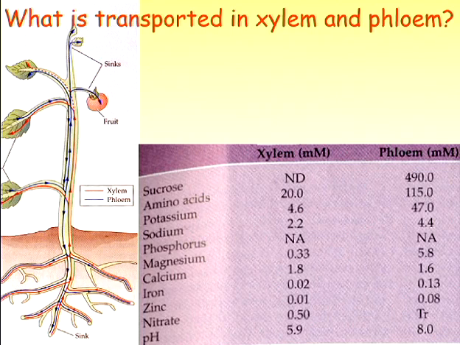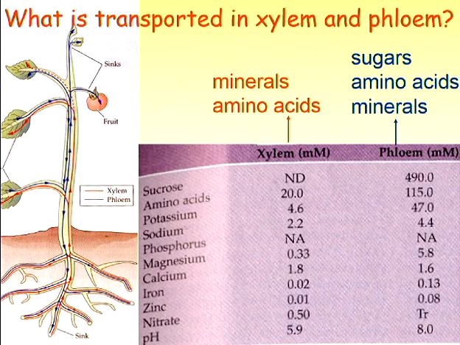Not all minerals are equally mobile to be remobilized, and we'll get back to that when we look at all these different minerals that plants need. So minerals and amino acids we find in the xylem, and we also find them in the phloem, and we also find sugars in the phloem. To give you an idea, 0.5 molar of sucrose, that's 180 gram per liter. That is a lot. That's about a cup full in a quart of water, so that's pretty sugary,